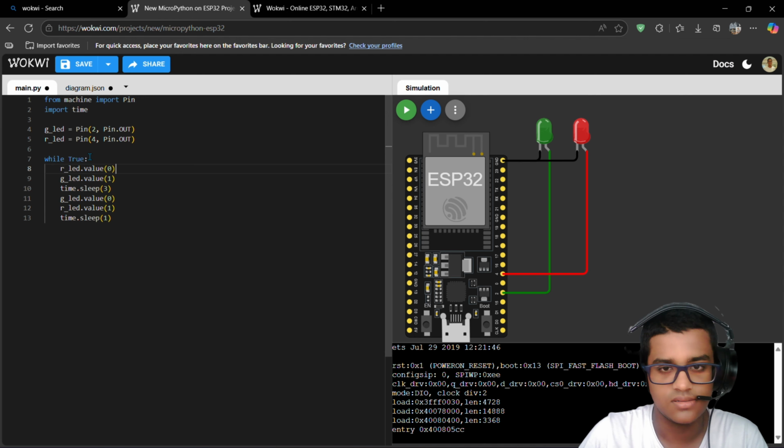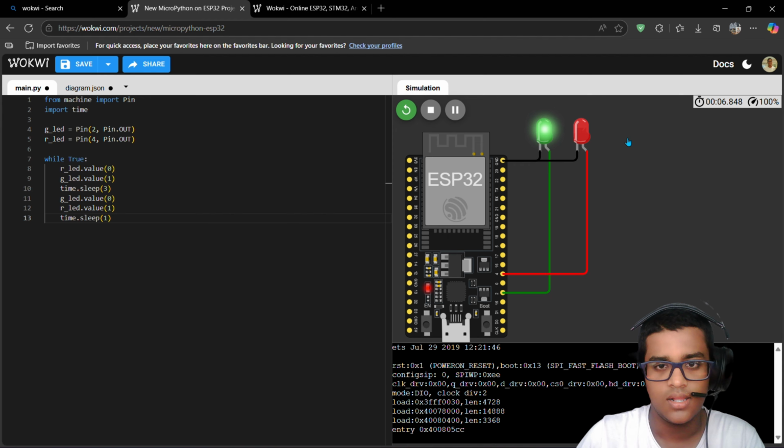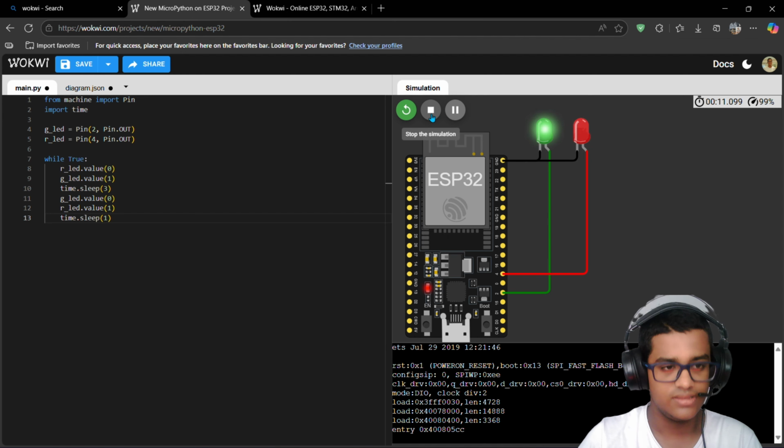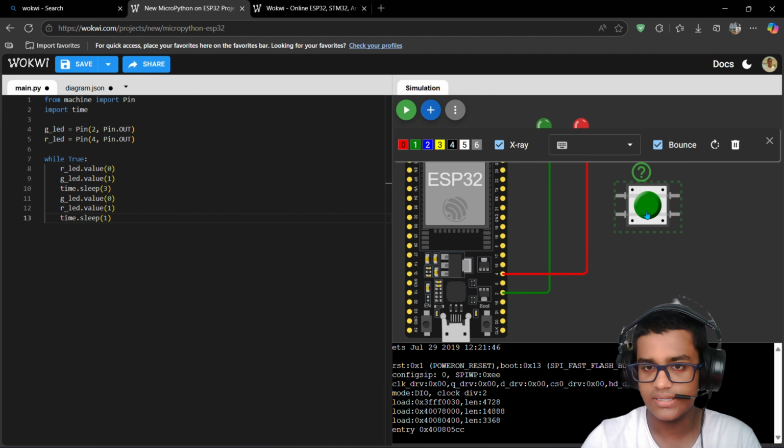So I'll run this green LED for 3 seconds, then the red one for 1 second, and again to the green. Like that, it's gonna work in a loop. So you can try this with some more time delays and stuff. And finally, we are gonna add the push button to this circuit. You can use this little push button over here,